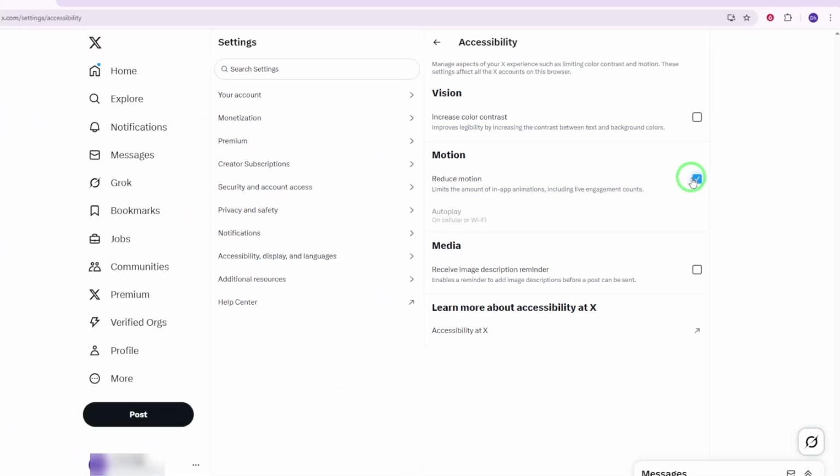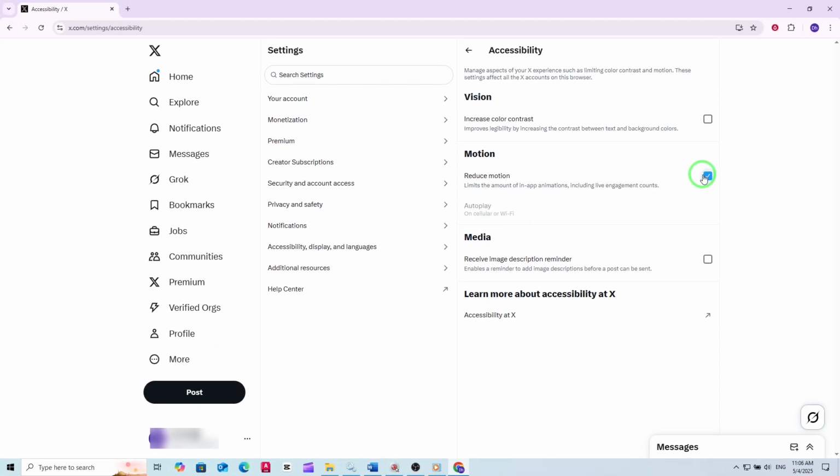That's it. With Reduce Motion enabled, you'll notice fewer animations and transitions, making your experience on X more comfortable, especially if you're sensitive to motion or just prefer a more minimal interface. Remember, you can always return to these settings and turn Reduce Motion off if you want to bring back the full range of